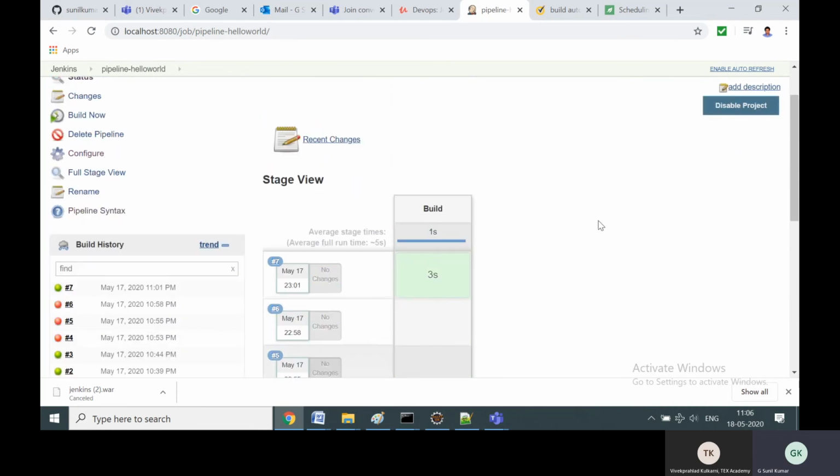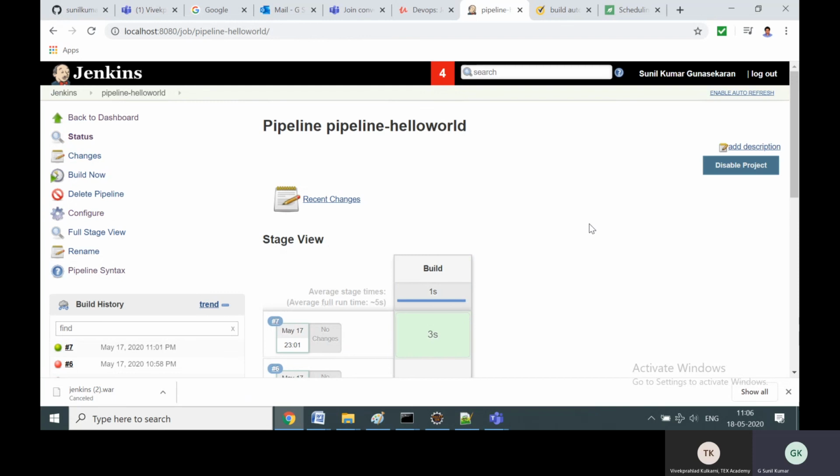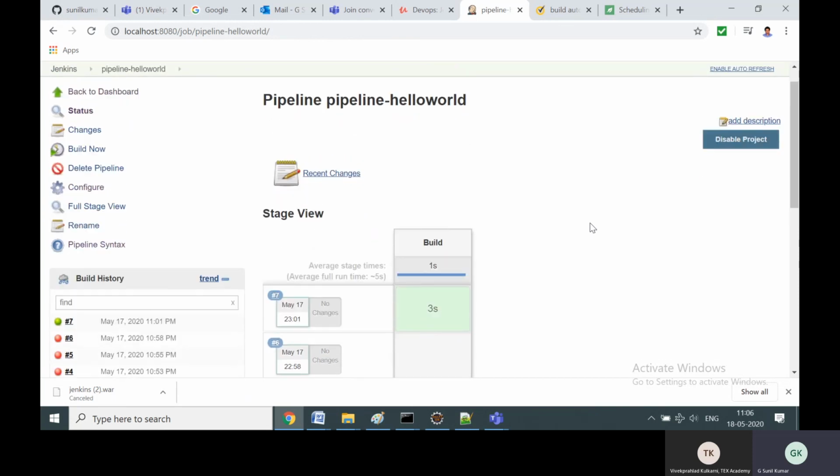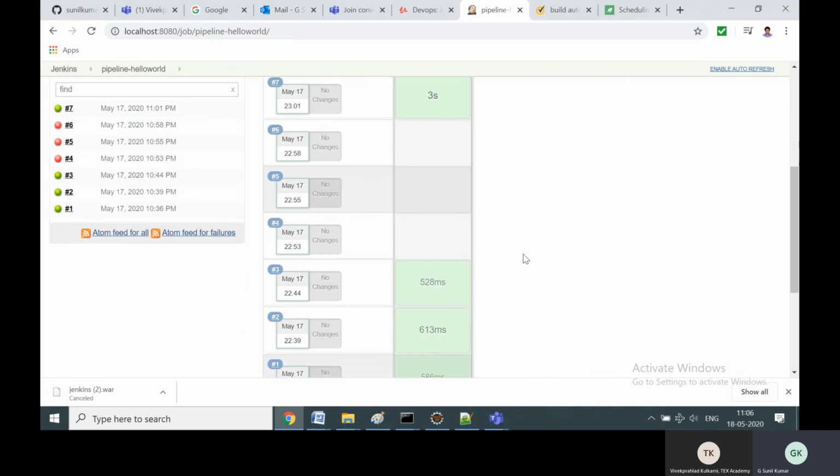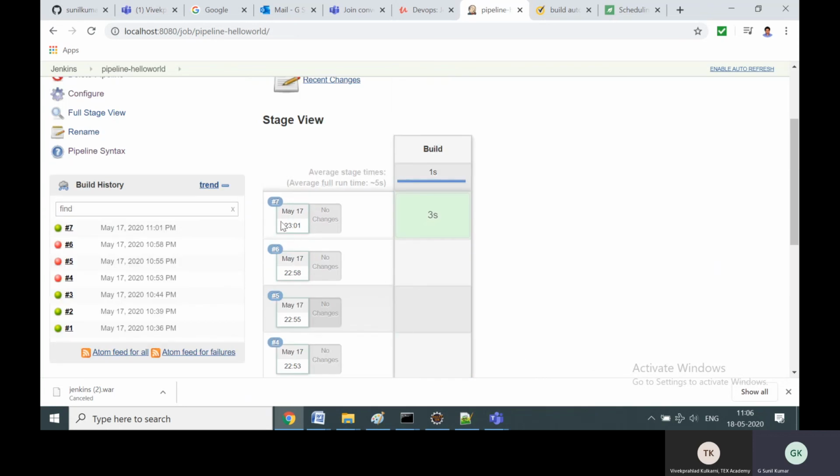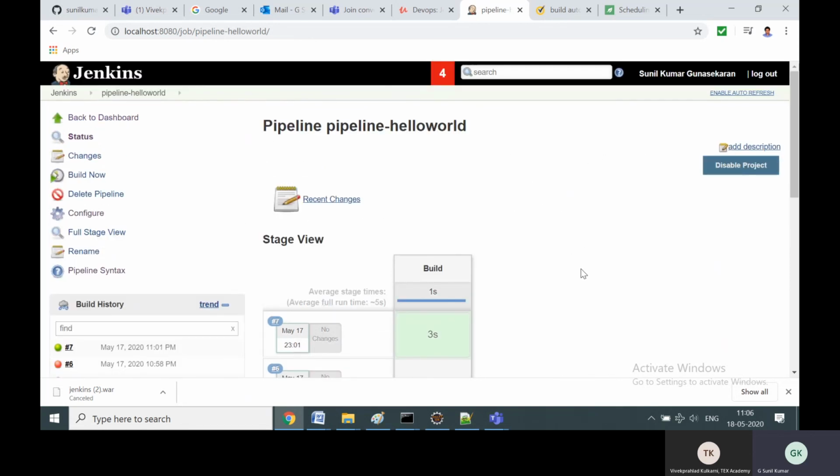And also, the pipeline plugin we have to install. I showed you in the manage plugins section, where once you install the pipeline plugin, you can have these pipeline views. For the same job, you will see what date it ran, the time it ran, any commits to the job, and also how much time each stage took to complete. Those things will be available, and with a little bit of Groovy, we'll be able to have a nice pipeline configuration for your Jenkins. So that's about pipeline.